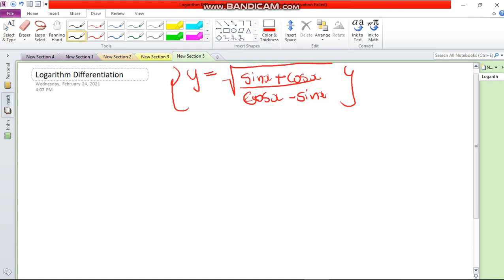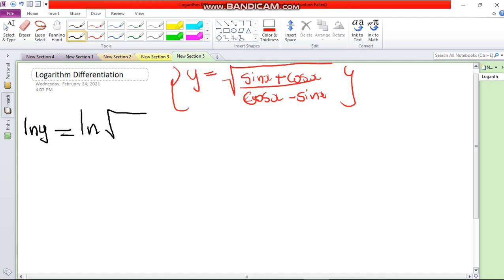Let's apply the logarithmic differentiation to this equation. So logarithmic differentiation is either you introduce ln both sides, or sometimes you'll find the equation that already has the natural log. But in this case we don't have our ln, so I'm going to introduce ln on the left hand side. So this will be ln y,